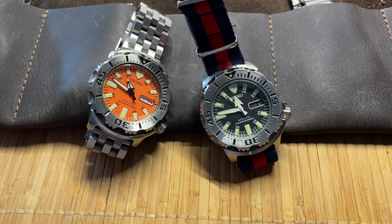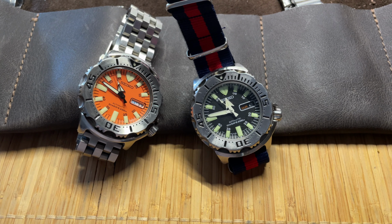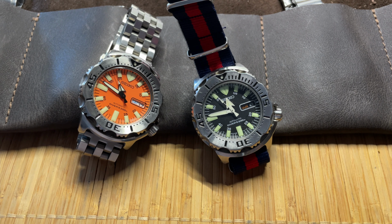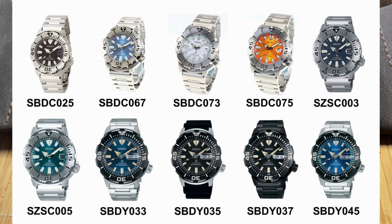Today I'm gonna show you possibly two of the coolest neo vintage Seiko dive watches. These are the Seiko Monster first generation. There's a second, third, fourth, I don't know about fifth, but last time I checked there was a fourth generation of Seiko Monsters. Each one of them is slightly different, but what I like the most about these, the first gens,